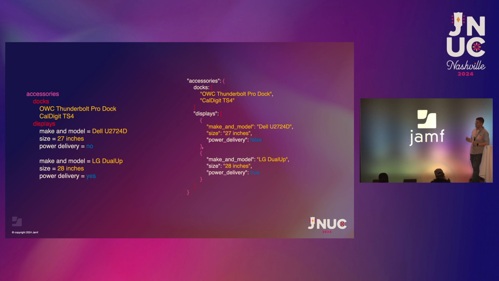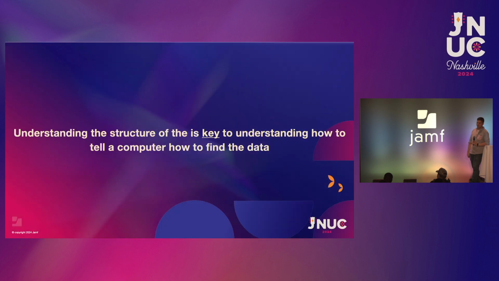Knowing how this data is structured, being able to read this, figuring out how this data relates to itself and to the things that wrap it up and put it in a box, right? It's key to telling a computer how to find that data out of that file. If you're running through a bunch of scripts, talking to the API, you're getting data down in a JSON, you're getting data down in an XML, I need to pull the username assigned to every single iPad in my organization.